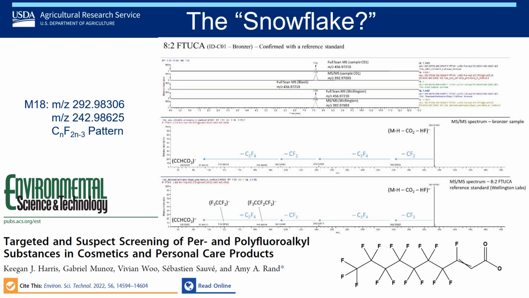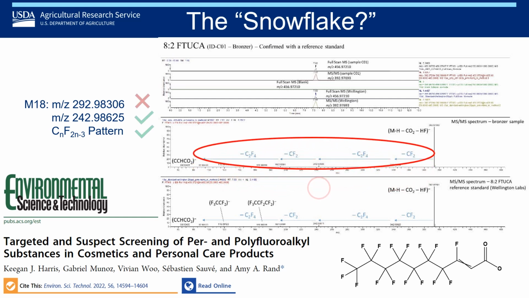Now, what we saw within this was the same characteristic pattern as our compound, and we found the 242.98 breakdown. We did not see the 292.98 though. What we did end up finding though was we saw 392.98, and not only that, but also 456. And what was seen was both of these were seen in the MS1 data, but were not seen within the